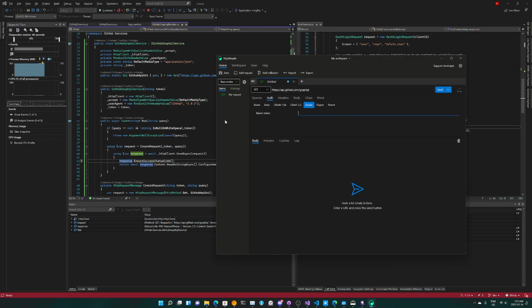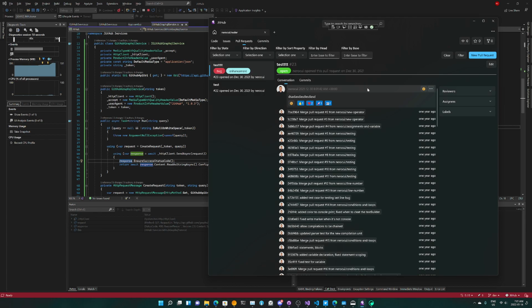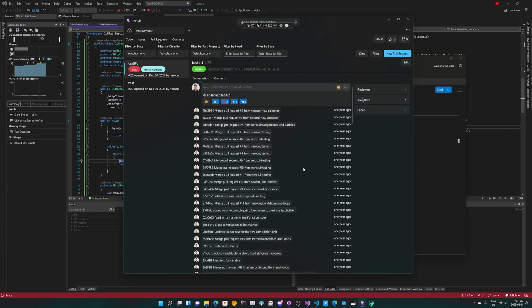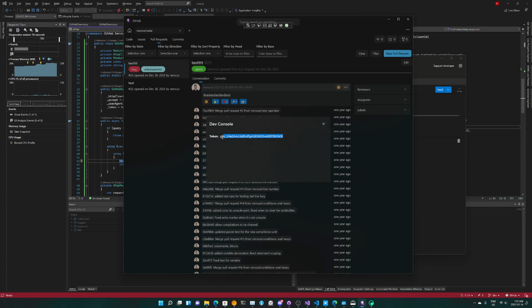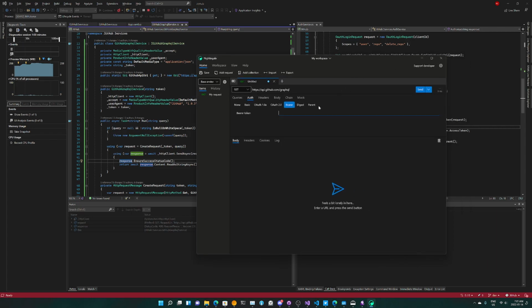So just to continue. Is the app broken? It's not broken. Okay, it's not broken. That's good. I have this developer console here where I can copy and paste my token. You guys please don't look at it. It's okay if you do. I'll delete it after. So this is my bearer token. Afterwards, I'll go to